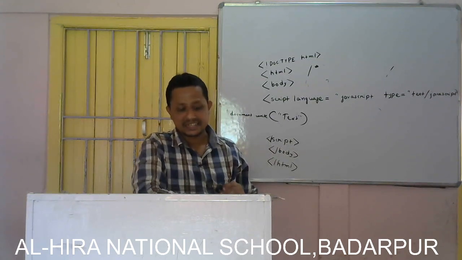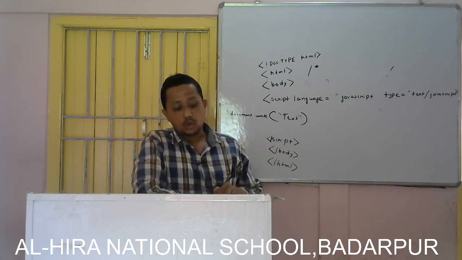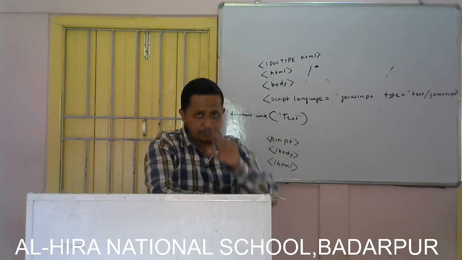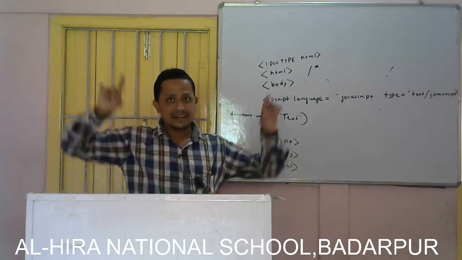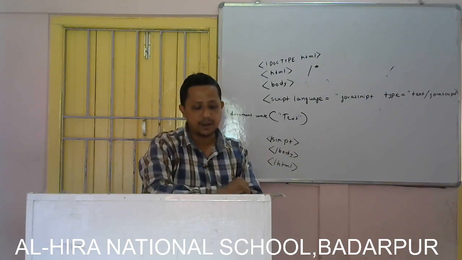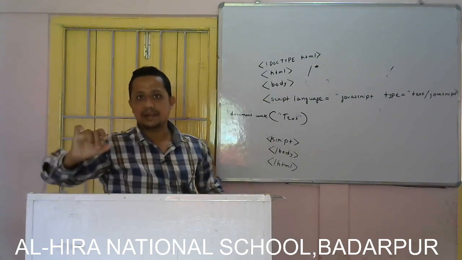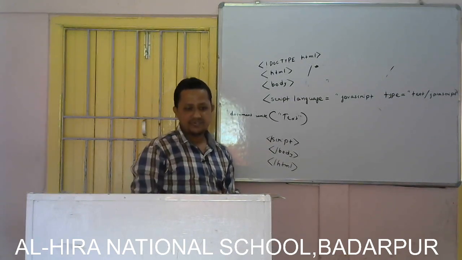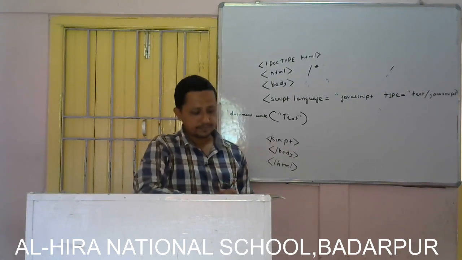Here you see one thing in this example, figure 6.4, page number 114. Document.write, then roll number is written within double quotes, then plus is given, and then roll number is written. So what happened? The roll number written within double quotes is displayed the same in the output. You can see in figure 6.5, roll number has come. After that there is plus, and that roll number is the same as var roll number, so the value will come. Value is 453. This is how the document.write statement is used.